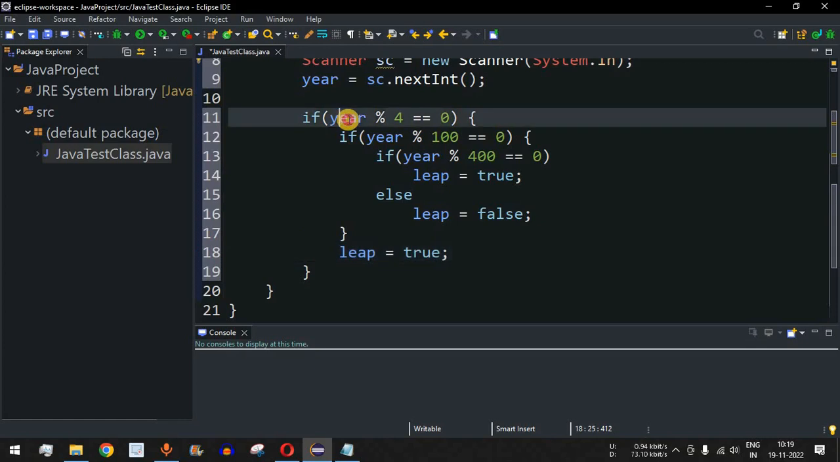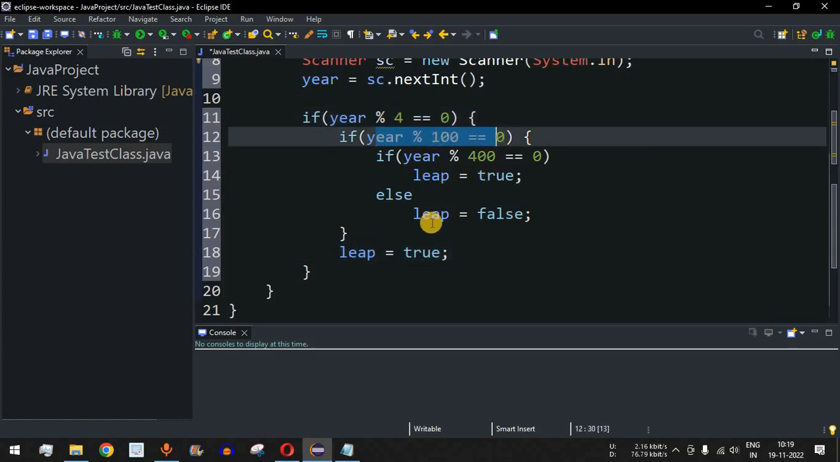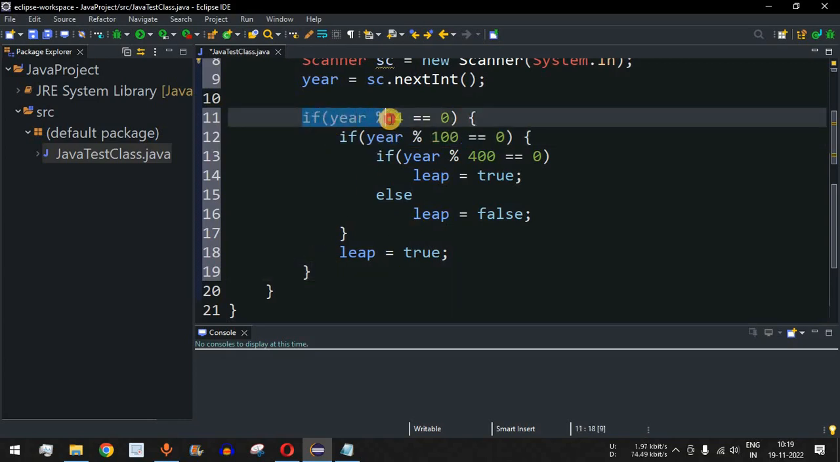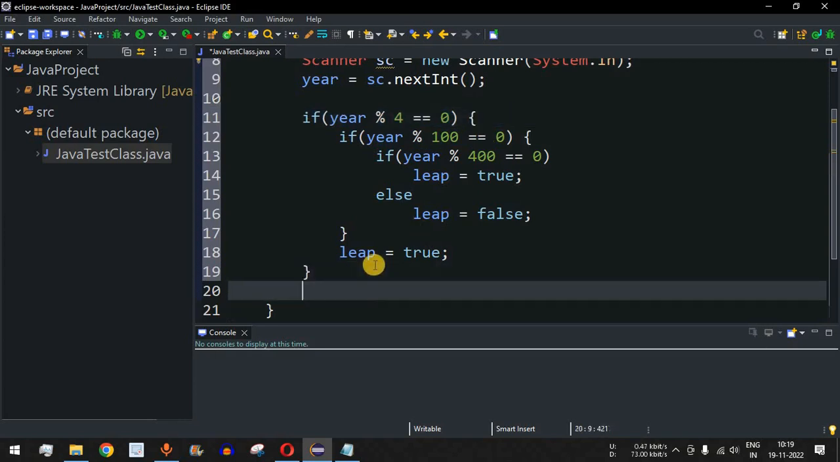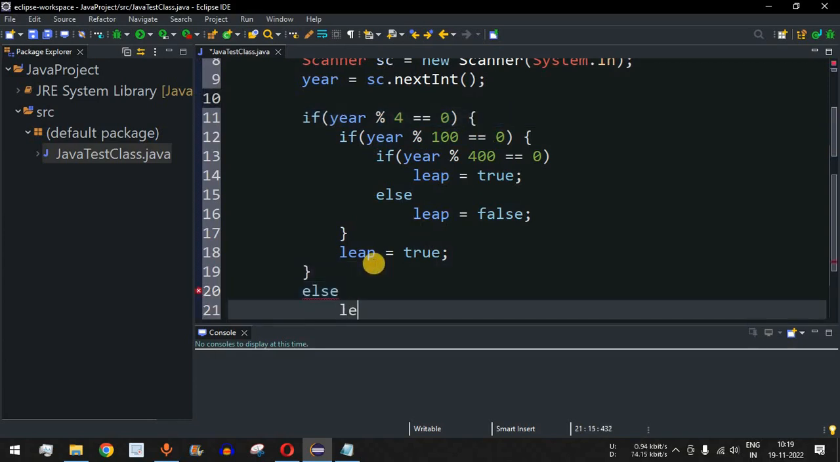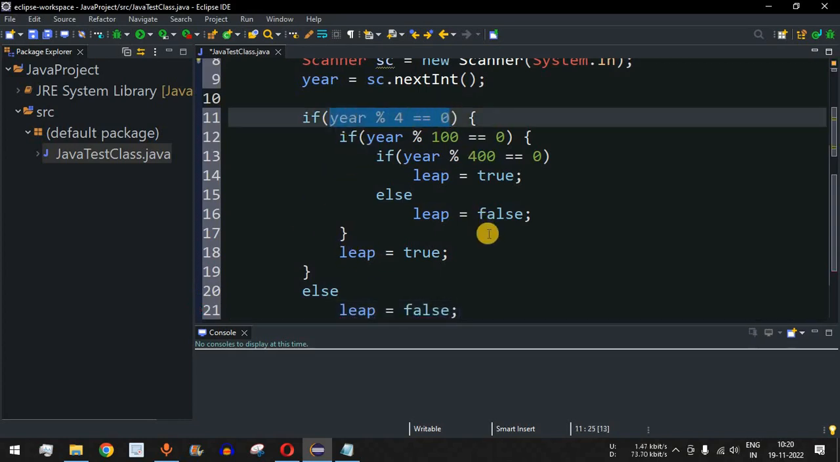That's because the year is divisible by 4 but it is not a century year, in which case it is obviously a leap year. And the last statement over here, that is if the year is not divisible by 4, so we will come in this else part over here. So we will simply put leap is equal to false in this case. That's because the year is not divisible by 4,